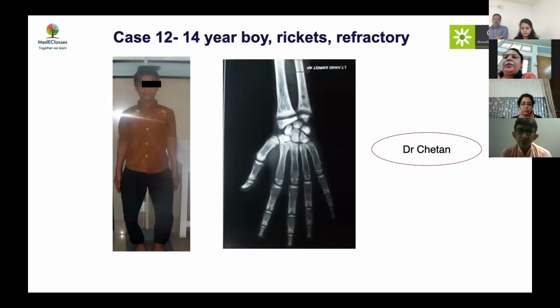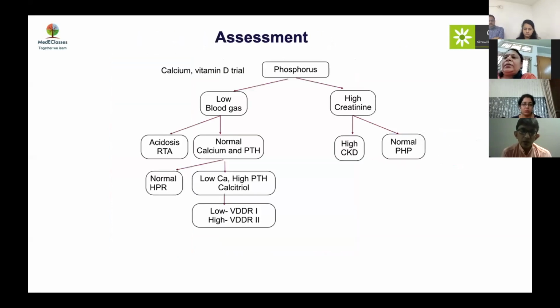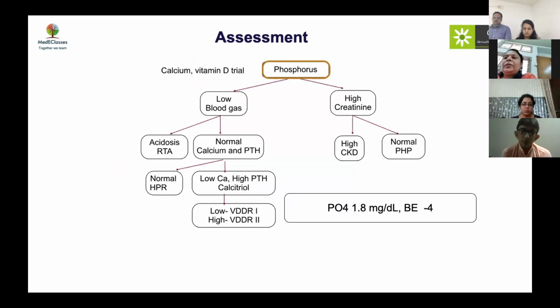So if I describe the picture, the rickets is definitely there on the ulnar bone. Rickety changes are there, but what is striking is the boy is 14 years old and the lower limb is defective. So of course we can say that the lower limb is affected more as compared to the upper limb, which is looking quite okay. And the boy is 14 years old, so definitely we can rule out the nutritional deficiency. So this is a classical presentation of hypophosphatemic rickets. Whenever it is an older age and predominantly the lower limb is affected, then we should think of other than the nutritional cause.